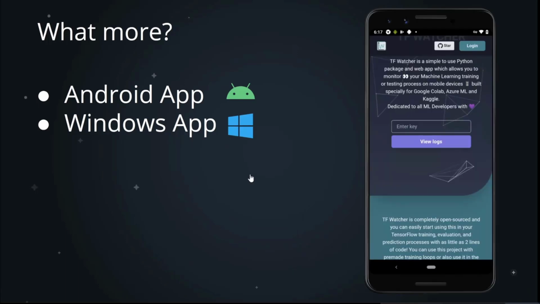We believe that the web app might be used the most, but we have also created an Android application and a Windows application with the exact same use case. You can create a shareable link for your friends on an Android application, and they can view it on the web too. And yes, these share the same backend. Let's see our project in action now.